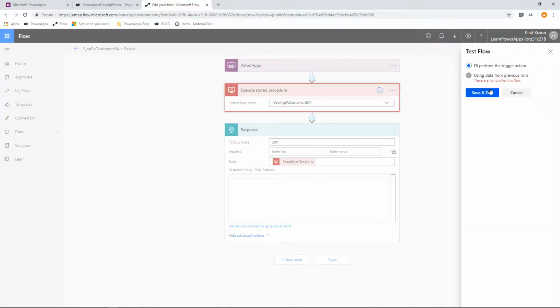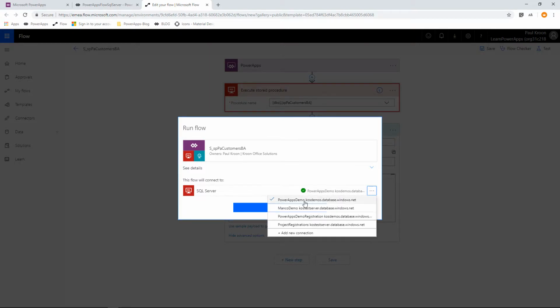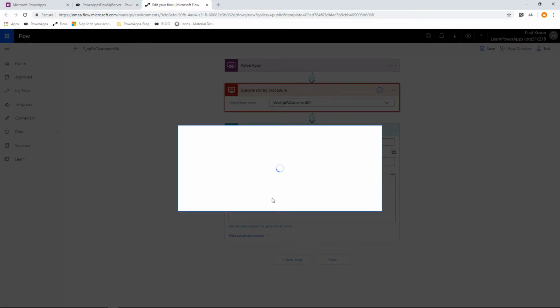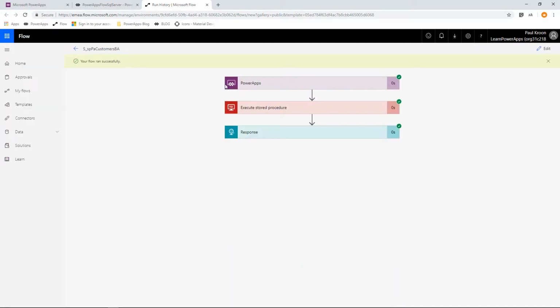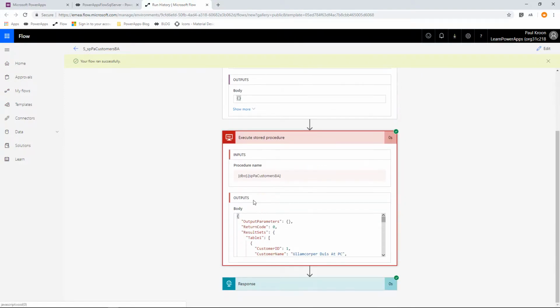Let's do a test. I'll perform the trigger and save test. And now it's gonna call the SQL Server. We have to check this, if this is right. This is not, so we have to change it to the right one. Just look at this, because else you're gonna have a fault. And we're done. Now we have PowerApps, no input parameters, and we have the input for the procedure name, and we have an output line. So let's grab this one